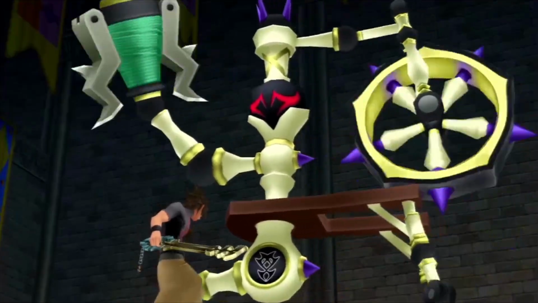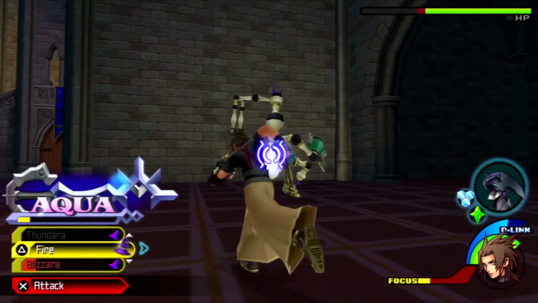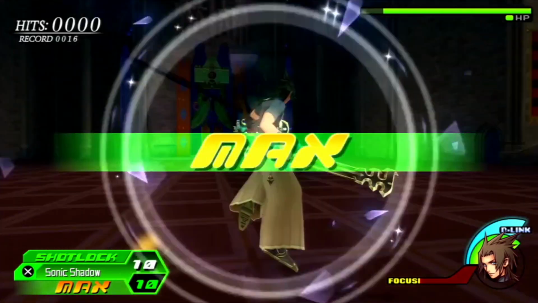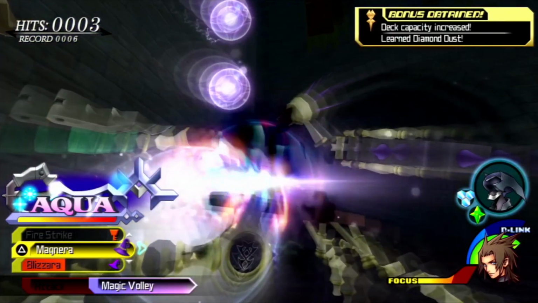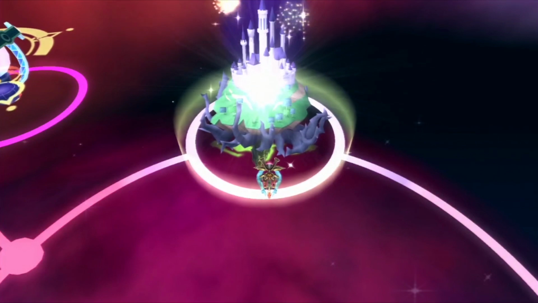What happened? Now, ironically, this isn't really a walkthrough, but I will reiterate that a maxed out Aqua D-Link is essential to winning, since it comes with Cura and Mind Square. Also be sure to block and use the Sonic Shadow Shot Lock, which is super useful too. Once we put the Wheelmaster out to pasture, we'll receive a deck capacity increase, the Diamond Dust Command Style, and the Fairy Stars Keyblade. Time to hop in our pumpkin carriage and roll up to...